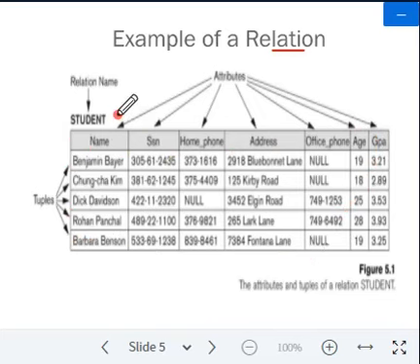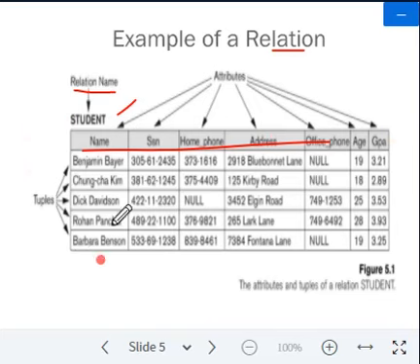Now we have a student table. The student table we call a relation name. The student entity is called the student relation, and each relation has a set of attributes, like name, USN, SSN, home phone, address, office phone, age, GPA, like that.